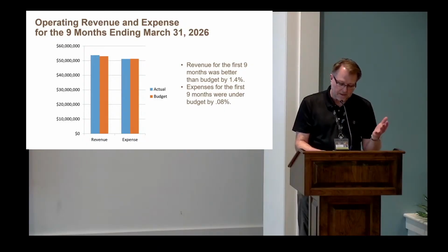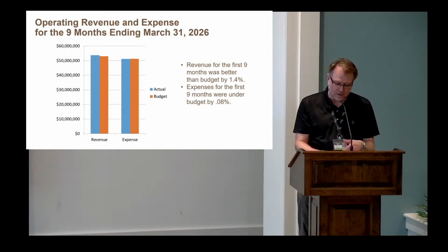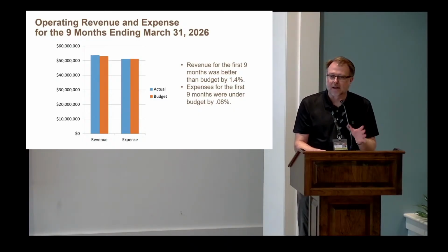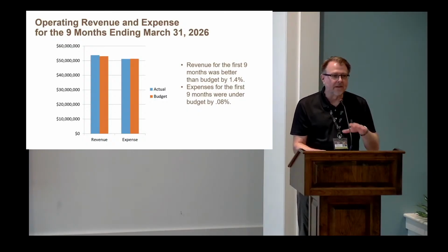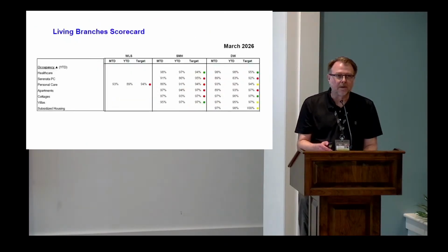So that's been positive. Monique already mentioned some of our expense challenges. I know it's hard to remember today, but we actually had a lot of snow in December, January, and February, so we were way over budget in snow removal expenses. As of March, our expenses are actually just a little bit under budget by about $44,000. So we've had savings in other areas where we've not had to spend. So that's been positive, a good place to be in the first 9 months.